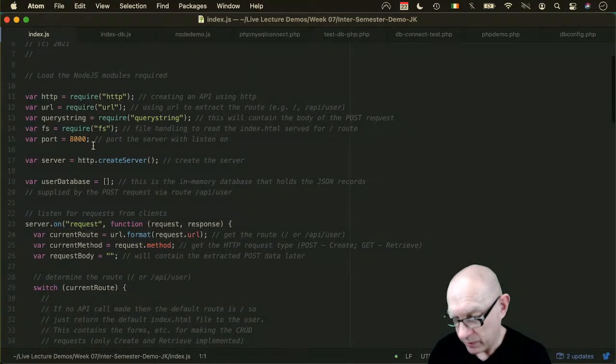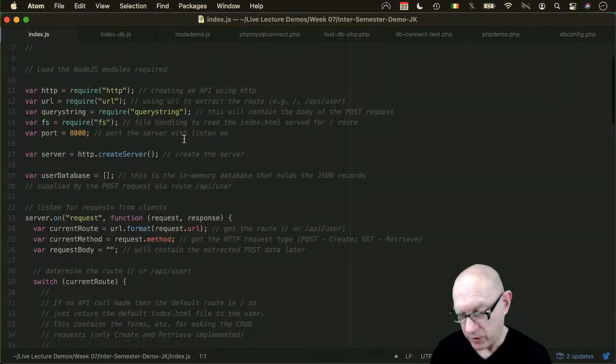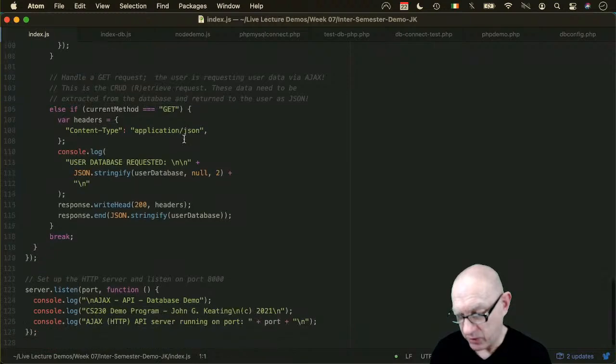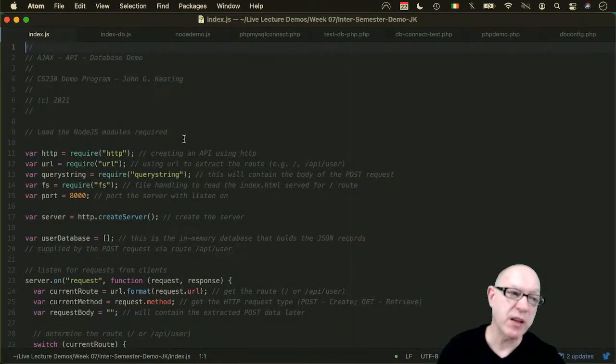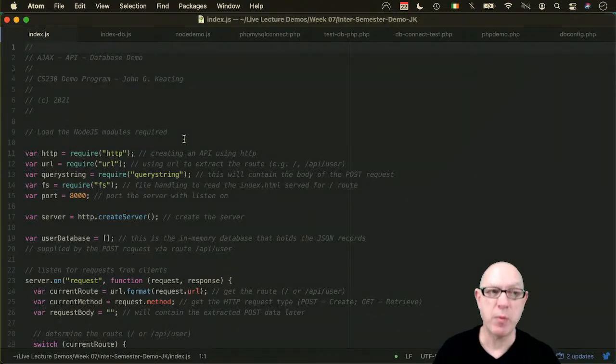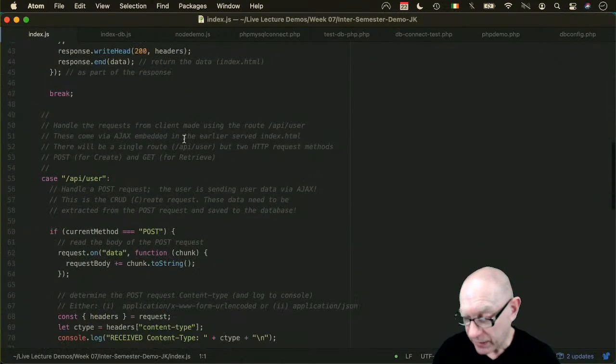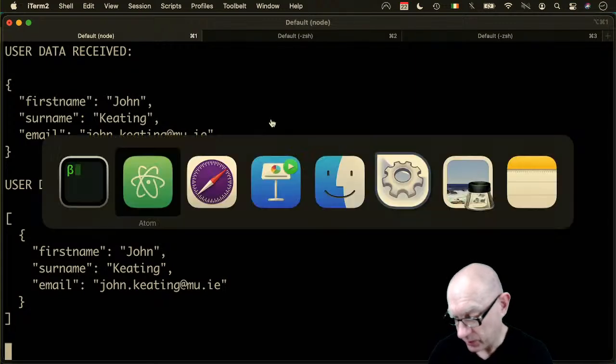Here is the code. It uses this package and sets up a piece of server, but it maintains an in-memory database. It's an in-memory database that handles all of that data. And as it's running,